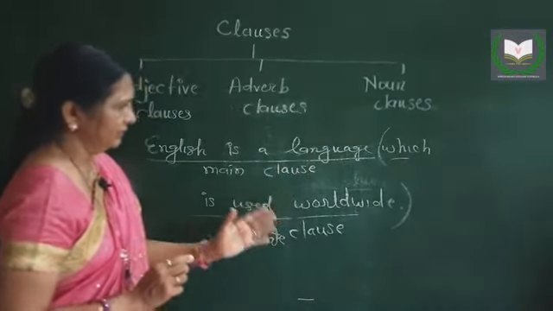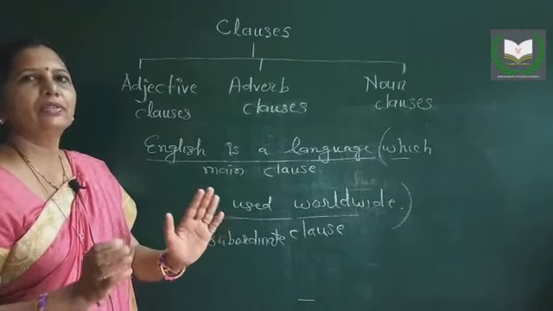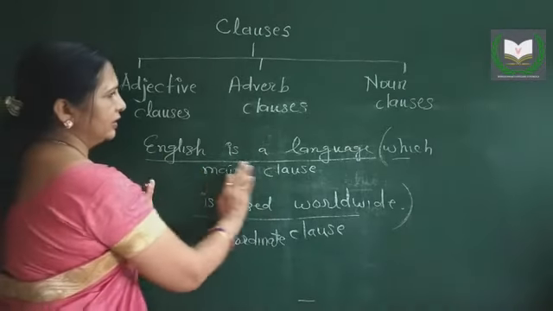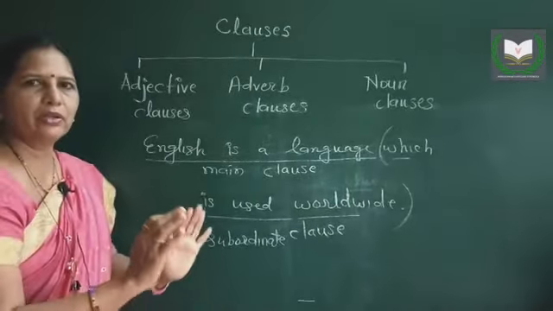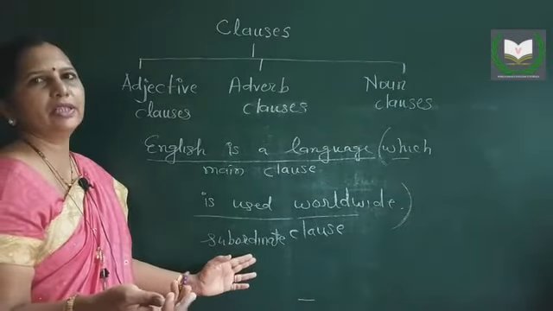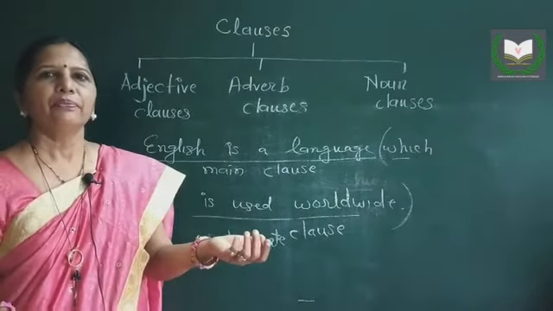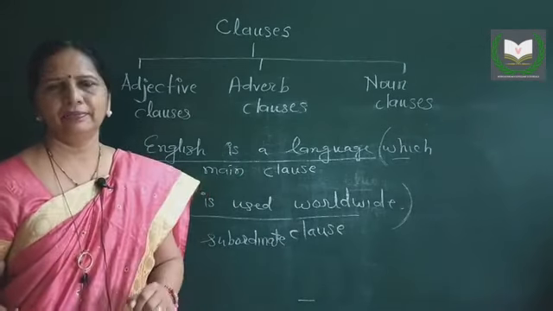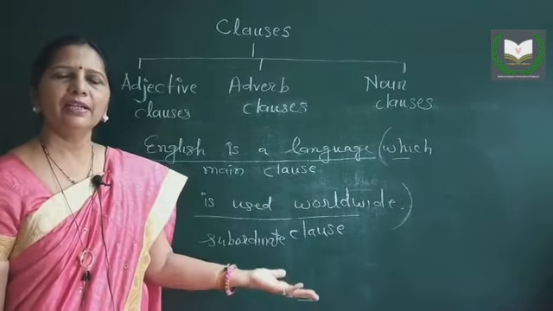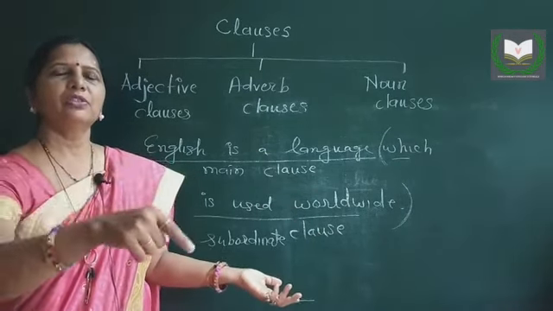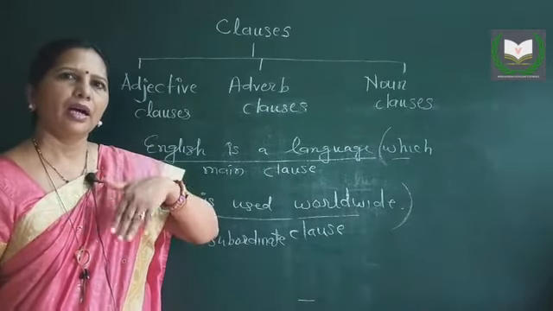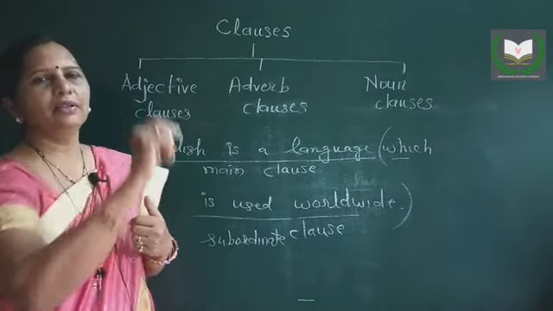Now these subordinate clauses, they are of three types. Adjective clause. Now see, I am not speaking of this sentence. I am speaking in general. There are so many sentences where we are using subordinate clauses. For example, I know what you need. English is a subject which some students find difficult. I will try so that you will be benefited.